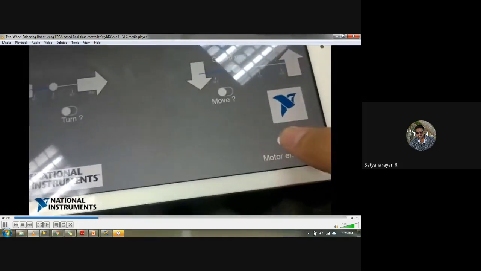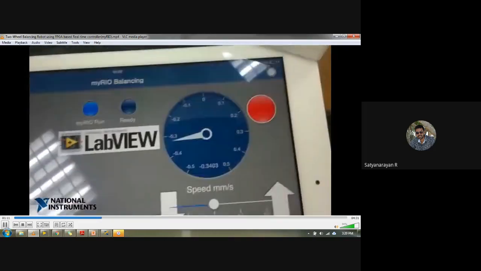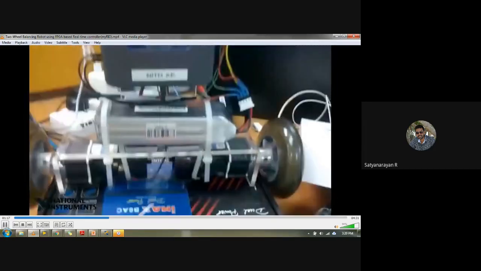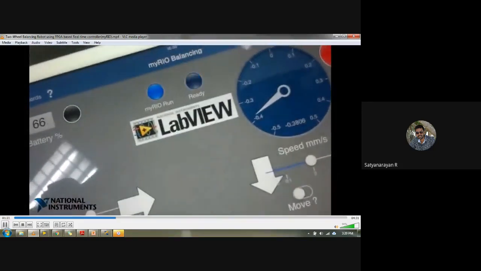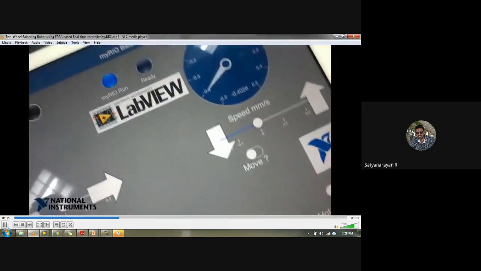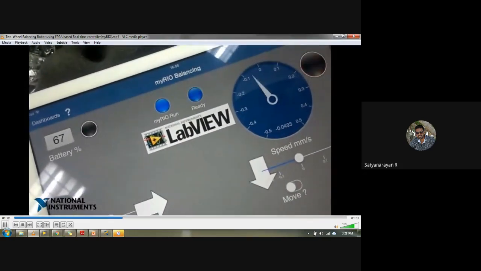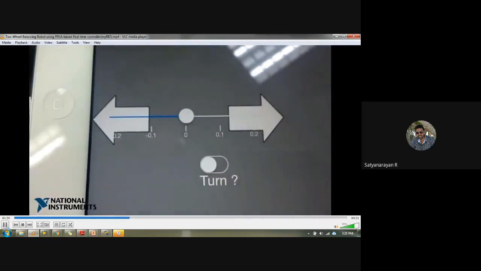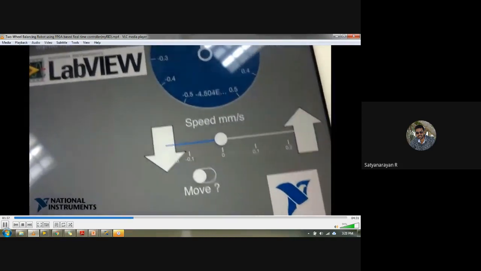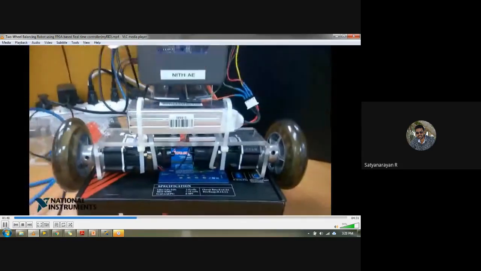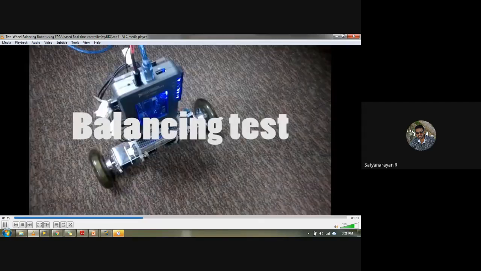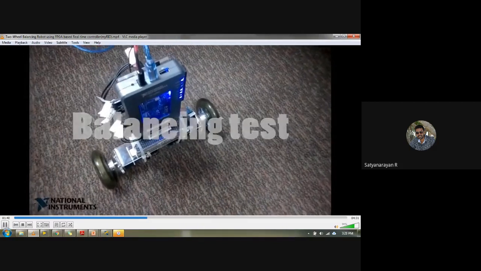Here they are using a tablet to control, which is what you saw in the data dashboard. Here they are doing different sorts of tests.